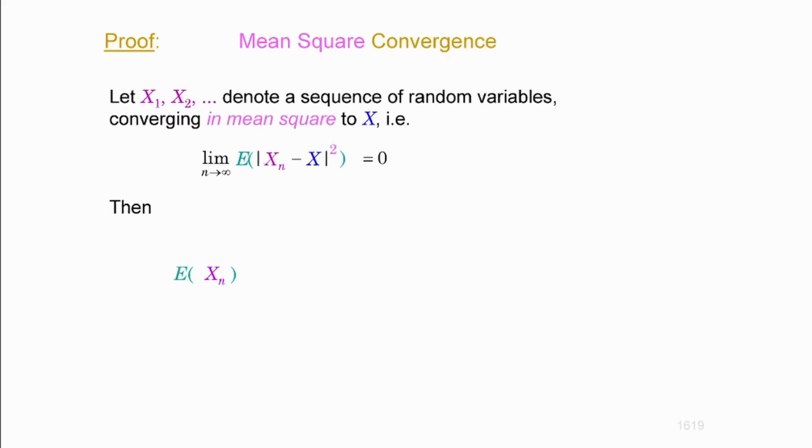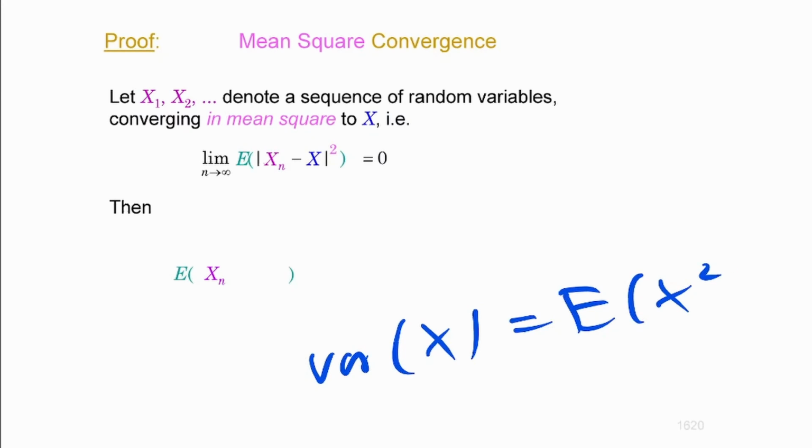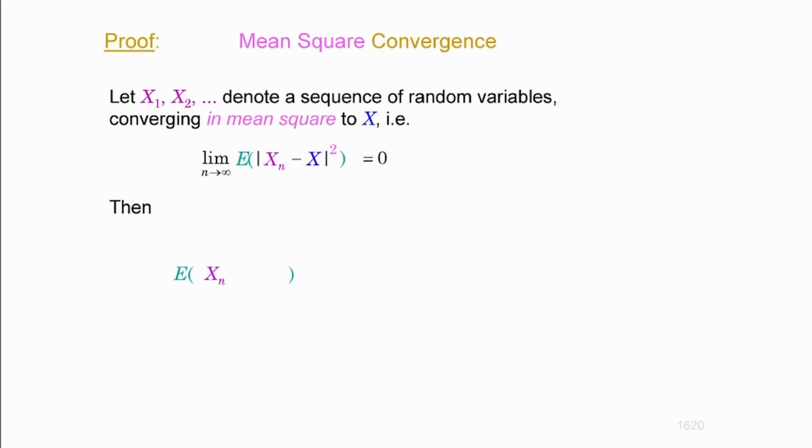What you need to know about this is the following. You only need to know what the variance is. The variance of a random variable is equal to the expectation of its square minus the square of its expectation. We talked about that. That's why I was introducing it. And here I have the expectation of some square, right? Look at that one. This expression is here, right?